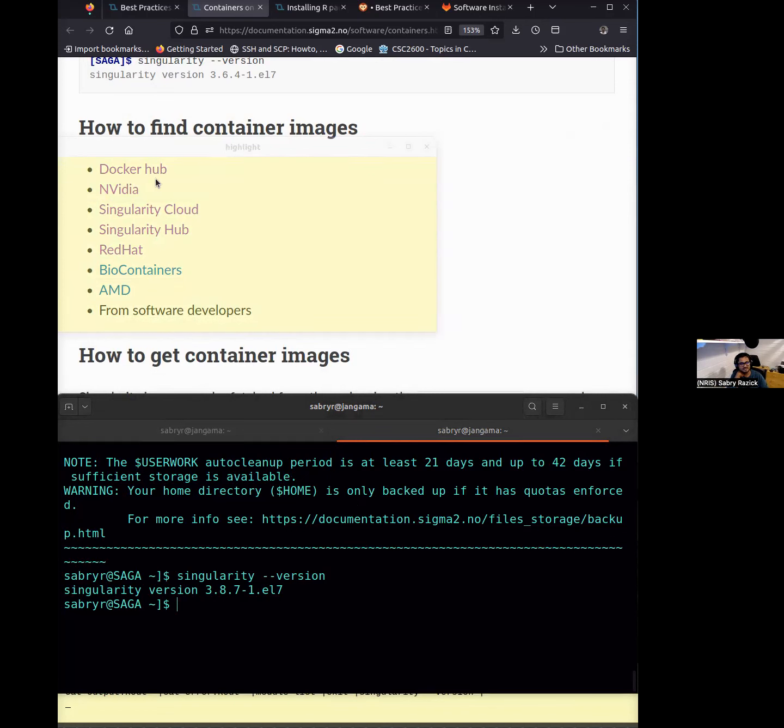Docker Hub is the main place at the moment, and vendors like NVIDIA have their own containers, and also Singularity Hub, though these things are sort of deprecated now. These are write protected states, so these are not that active. Then others like BioContainers, for example, where you'll find a lot of bioinformatics containers, and also software developers. The thing, Jørn, with Singularity is you can use containers from any of these sources.